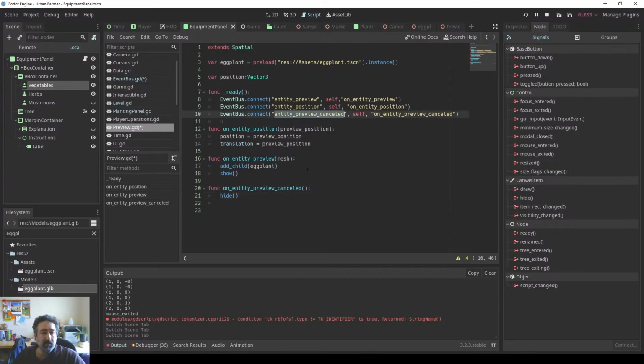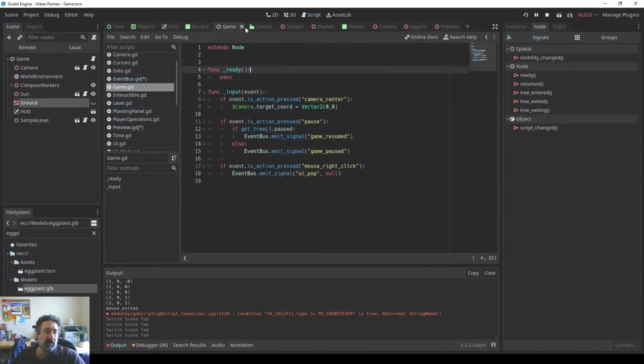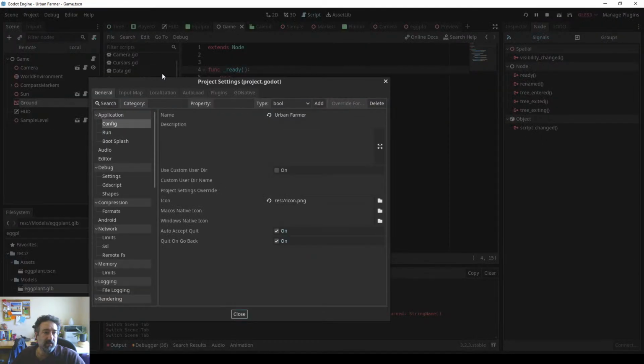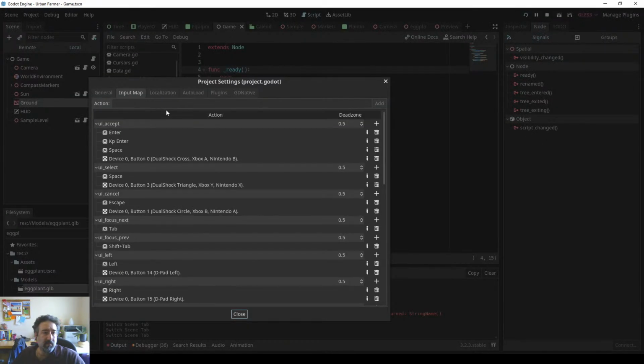What is triggering, and let's also move. Most likely in the game script we are going to have that, that would be inside. I may have to